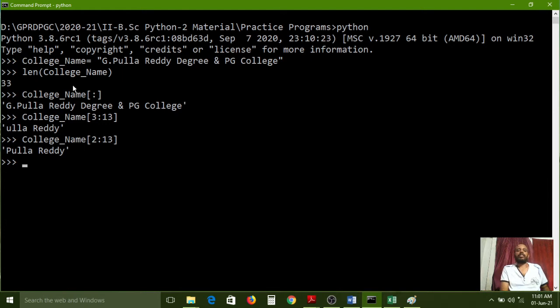Next we have to see the step concept. Step is used if you want to skip characters in the sequence; then we can use the step value. So all of you carefully observe. Same alphabets equal to A, B, C, D, E, F, G, H, I, J, K, L, M, N, O, P, Q, R, S, T, U, V, W, X, Y, Z. So I have typed all the letters now.